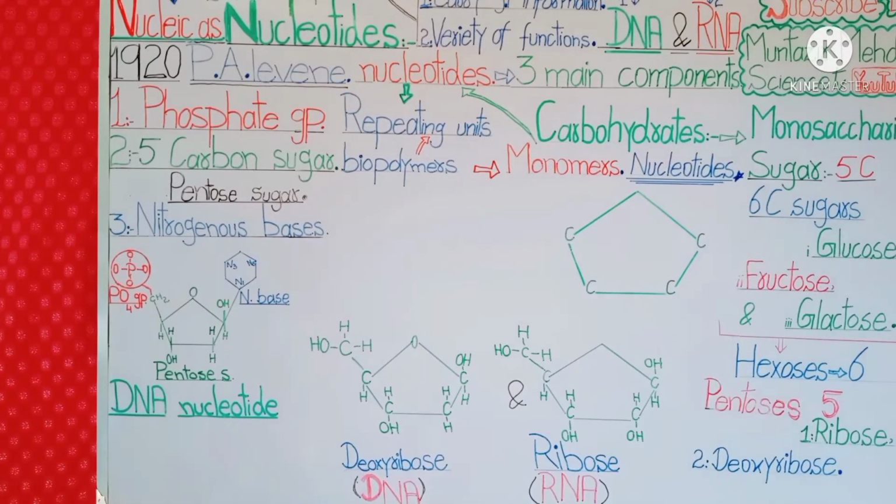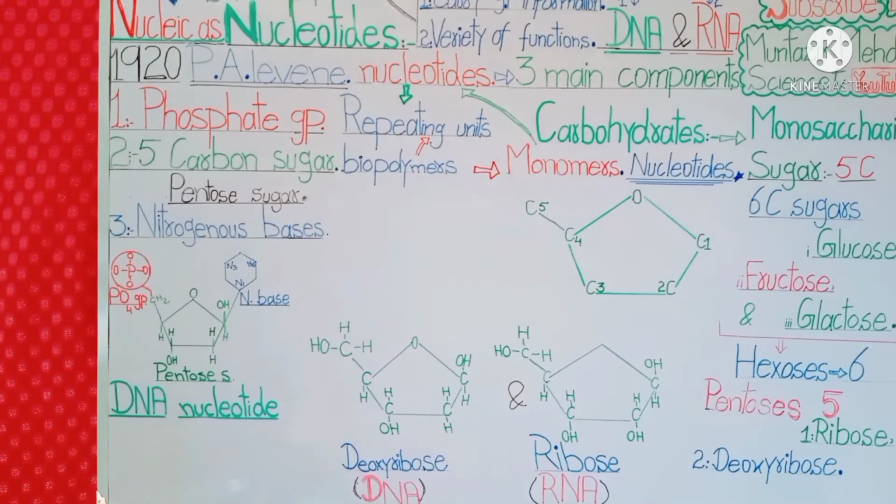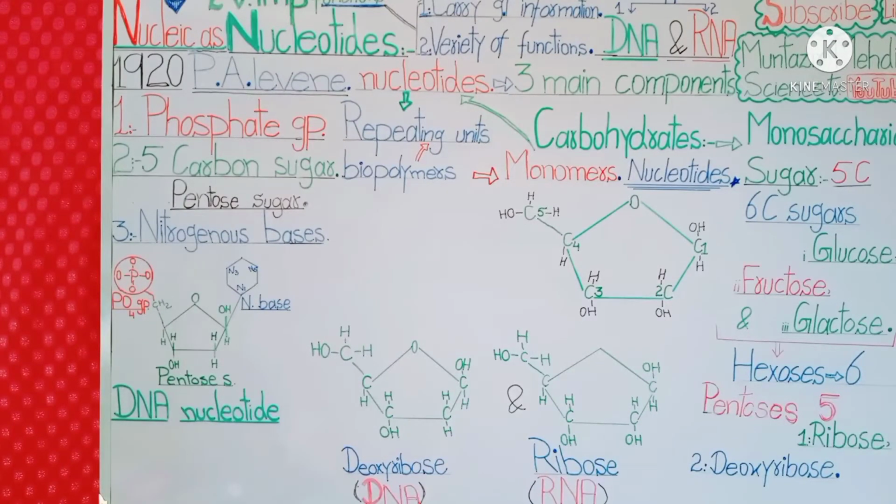In this upper sugar, carbon atoms are present on each of these corners, but the last carbon is present just outside the ring. We also have an oxygen atom at the central topmost position. We can also see in this diagram the carbon atoms are named from 1 to 5 in a clockwise direction. So the carbon atom next right to oxygen is called carbon 1. The next is carbon number 2 and the next is carbon number 3. Next is C4 and lastly is carbon number 5, present just outside the ring. Different types of functional groups such as hydrogen groups and hydroxyl groups are also attached to this sugar.